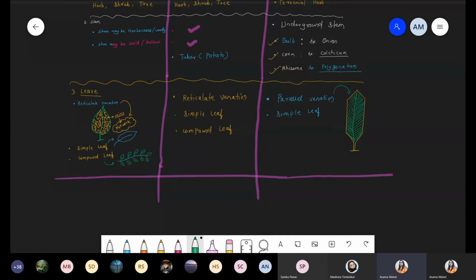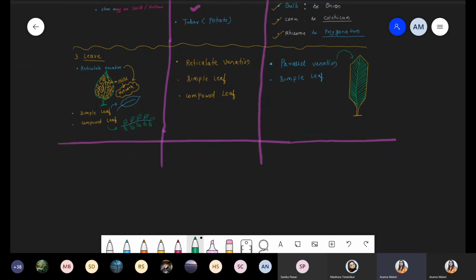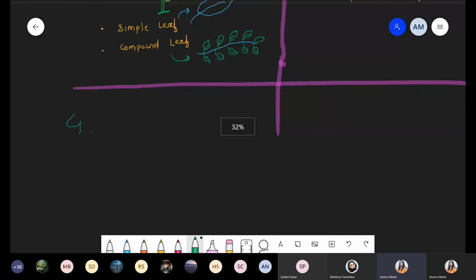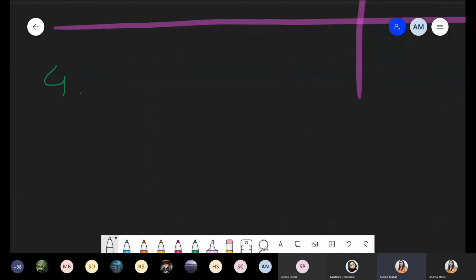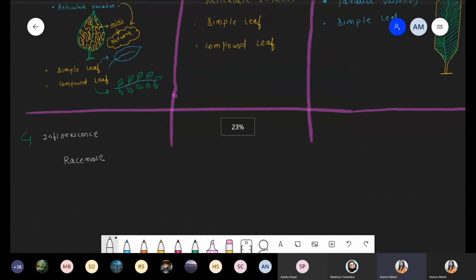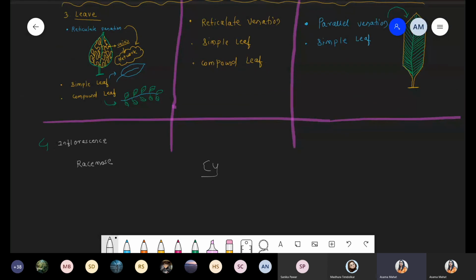Okay, chalo. Now the next point we are talking about is inflorescence, because we already discussed cymose and racemose, two types of inflorescence. So the fourth point is with respect to inflorescence. Simply we are talking about the Fabaceae family, racemose type of inflorescence, but the remaining two have cymose. So I hope you remember the meaning of racemose and the meaning of cymose.